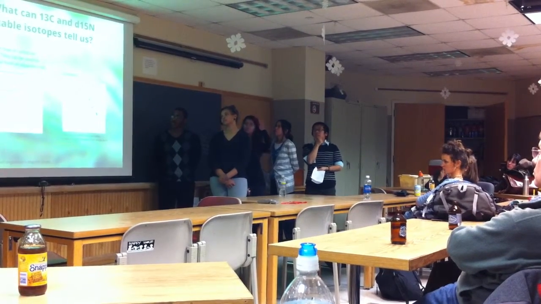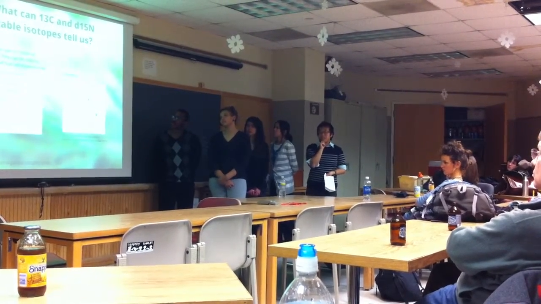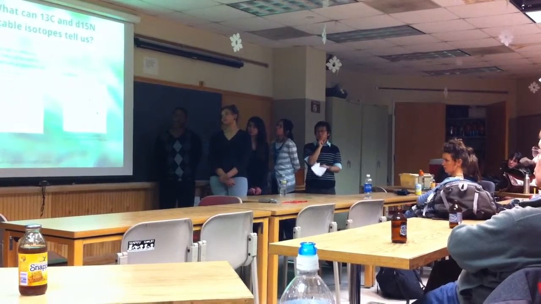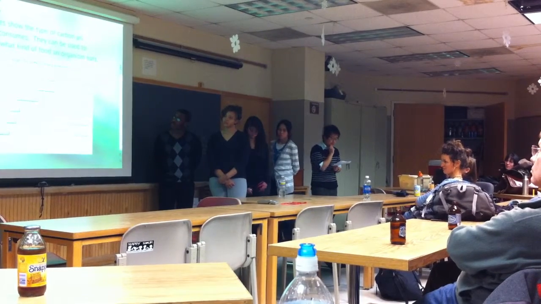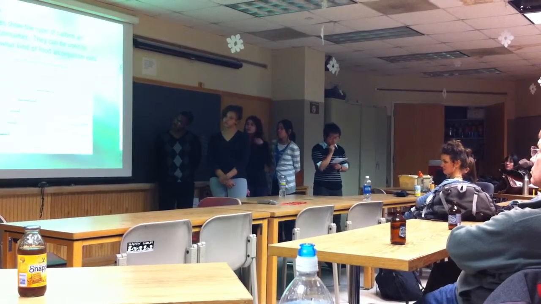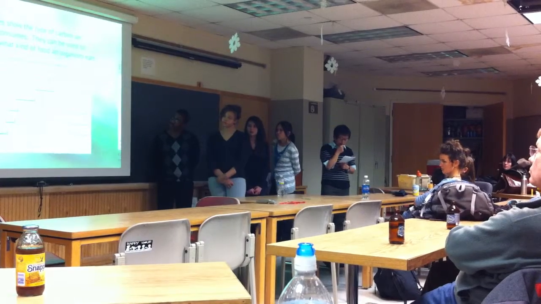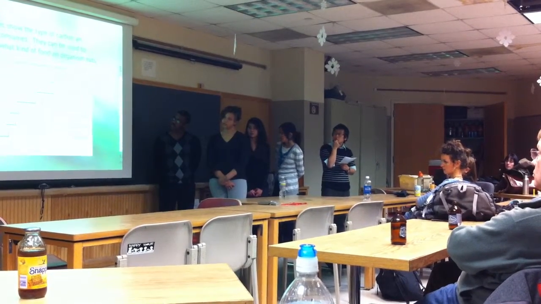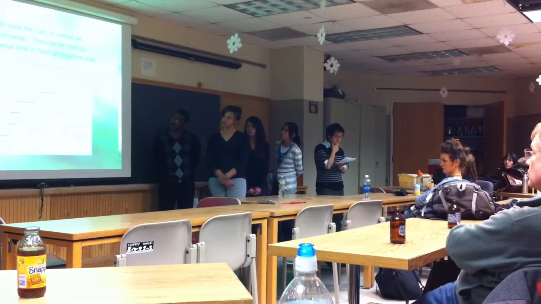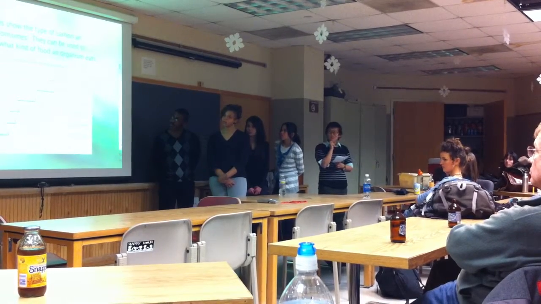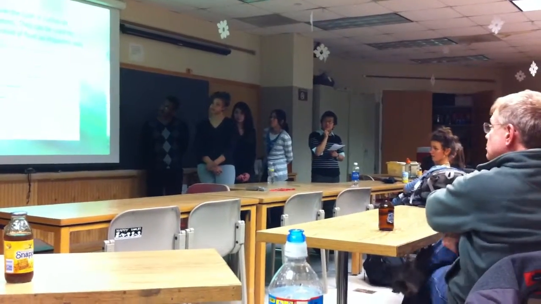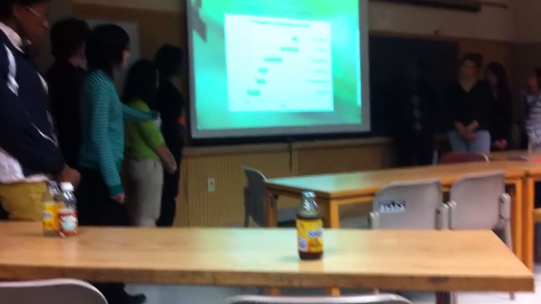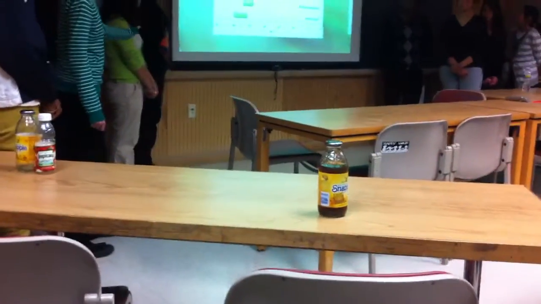So we were using C13 and N15 isotopes because they can tell us different things about food webs. Delta C13 is an isotope that determines the carbon source of an organism. In other words, it tells us where the food comes from. This is a graphical representation of how delta C13 shows us the sources of the food. On the x-axis are the values of delta C13, or in other words, the ratios. On the y-axis are various sources.